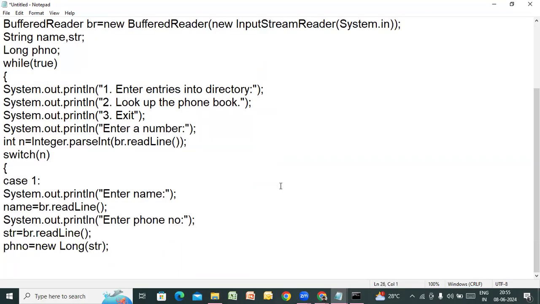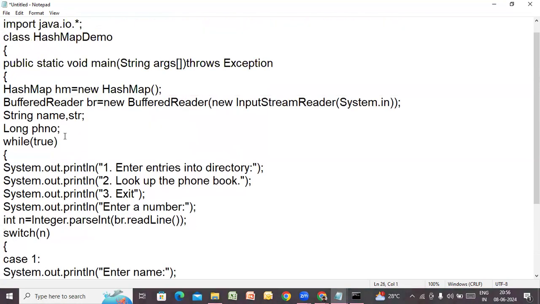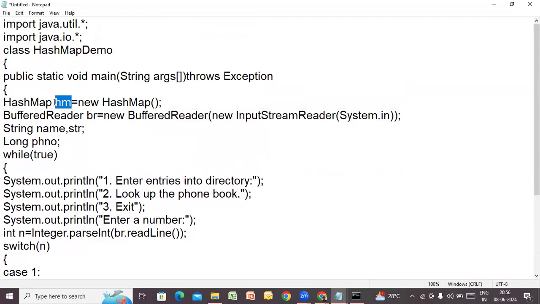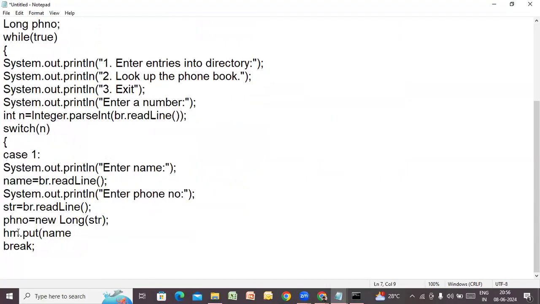Okay, right. Now the entries are done. So what is the next job? Don't forget, you need to break, no? Break, and then let us take the second key. And before breaking I need to call one method, hm dot put method. In the previous program also I used the put method. So let me pass a couple of arguments. One is the name. Just now I entered a name from keyboard, it can be any name, one of my friends' name I entered. That will be put, that will be added to the hash map, because the hash map is empty initially, it's important, right? Hash map should be filled, so I am filling that hash map with